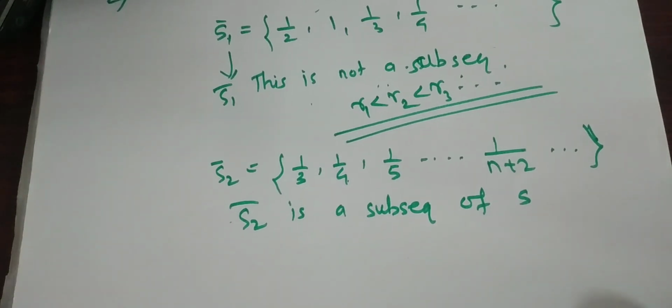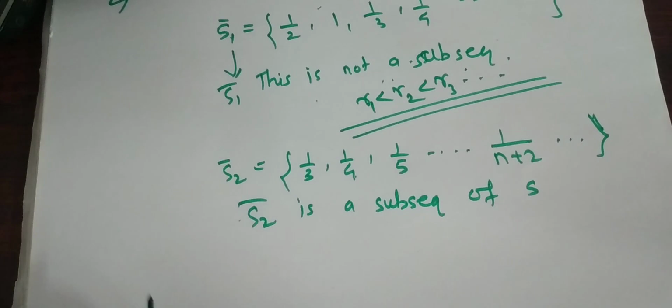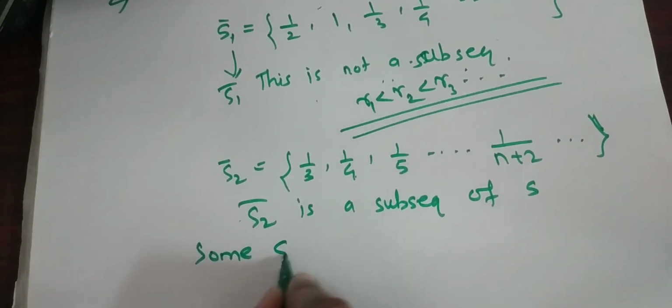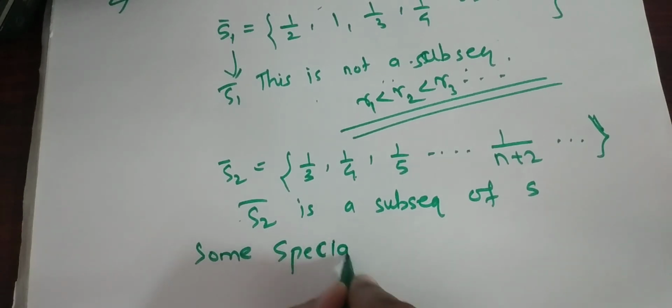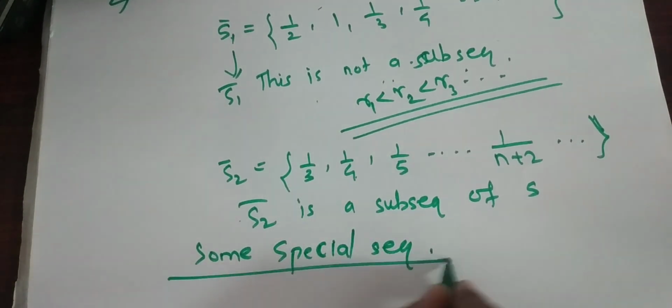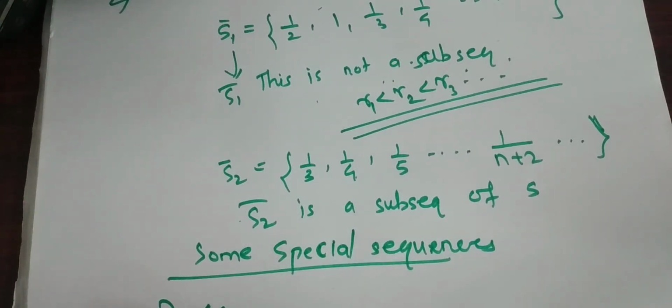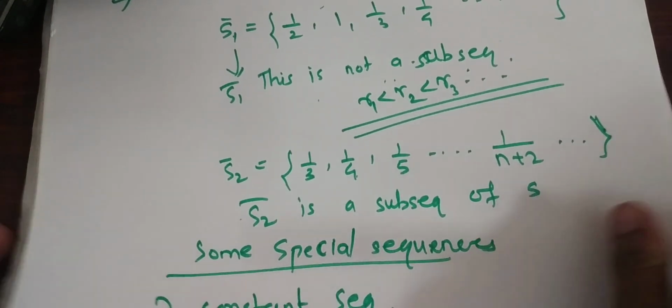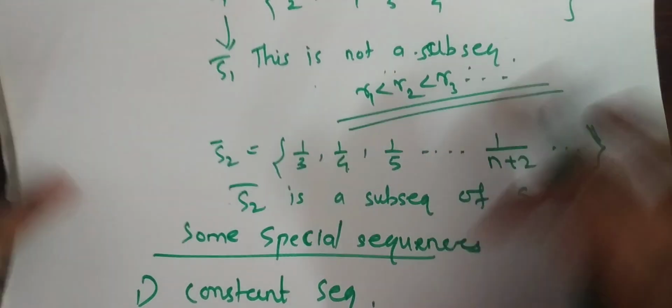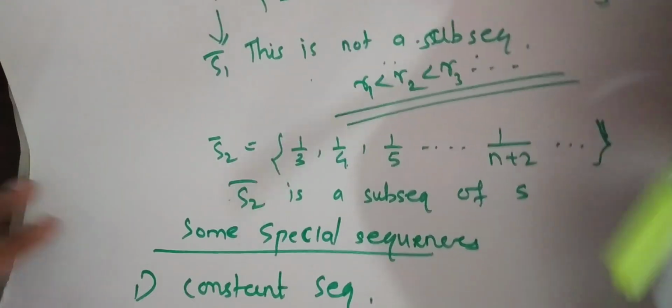So there are some special sequences. So first is constant sequence. What is constant sequence? So constant sequence, the sequence